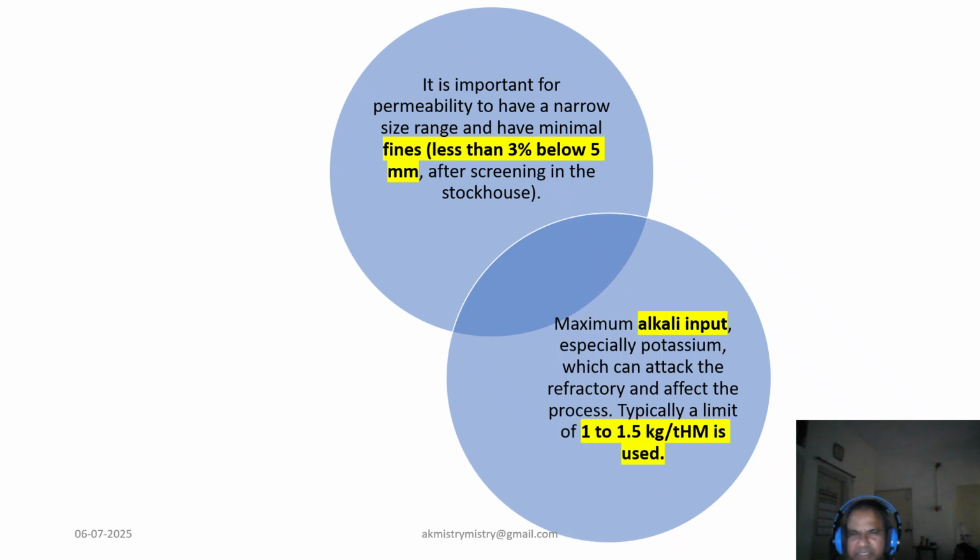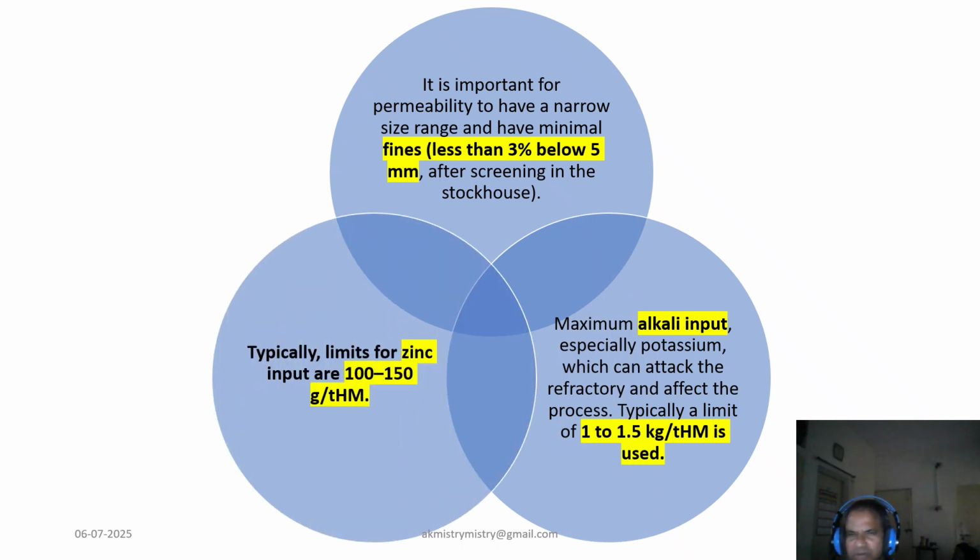So as you can see, these are the three segments, where first of all we would like to discuss especially three factors. Out of these three factors, permeability and alkali input for optimal blast furnace performance are supposed to be the topmost agenda, because both are complementary